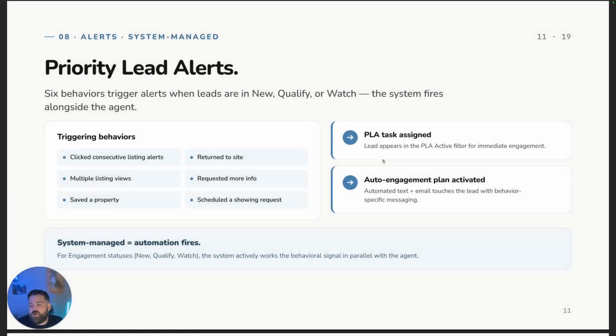All right, now we're going to review priority lead alerts. One of the things that makes Lead Connect different is that it's a behavioral-based system. Thanks to Sierra Interactive's automations, we are able to track a lead's activity at a very high level, so that we're not just having to look at a lead status. We're paying attention to how that lead is utilizing your website or engaging with your content